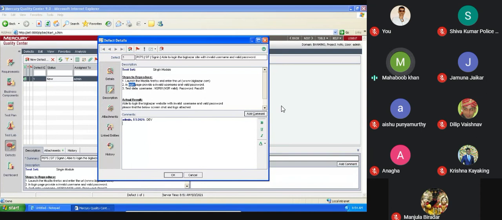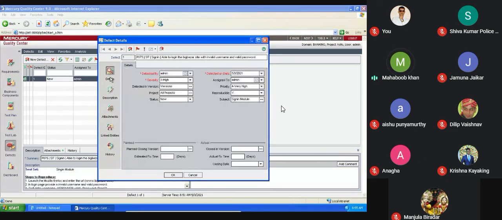The developer is making the changes and telling: able to reproduce in dev machine, will let you know once fix is provided. Okay. Then he will go to the details. What will the developer do? He will change the status to open and click OK.